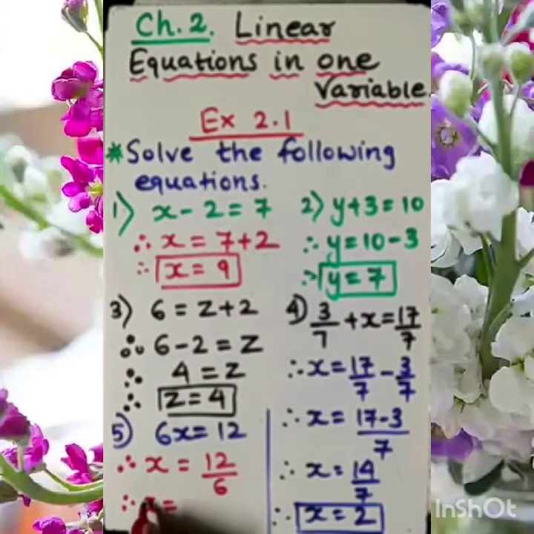So x equal to, as we know, when 12 is divided by 6, it gives the result 2. So my dear student, the value of x is coming 2. So x equal to 2. Clear to you? So this is how to solve these types of exercises, linear equations in one variable, which is quite easy. Let's see some more questions of the same exercise.